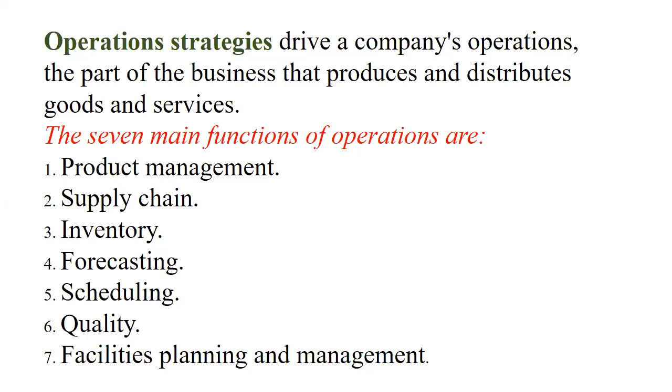So here, in the strategies, companies mostly move on to do business, and they produce and want to distribute to the final customer. So in these operations, we have all the seven main functions. One is product management. In product management, they are going to check what type of product, how much product should be made, what the quality is, what the parameters are, what the dimensions and volumes are. These things they are going to see in product management.